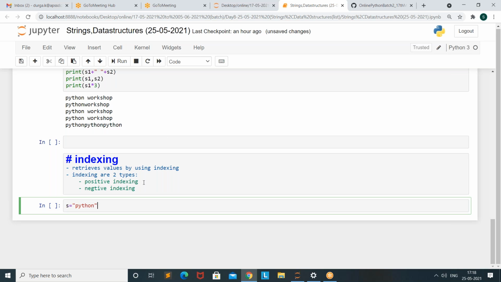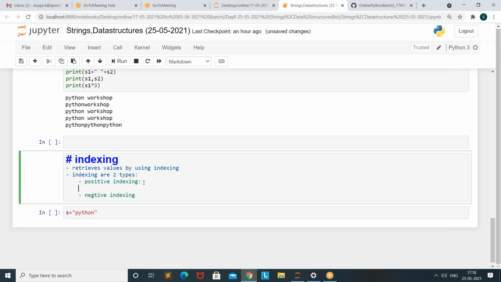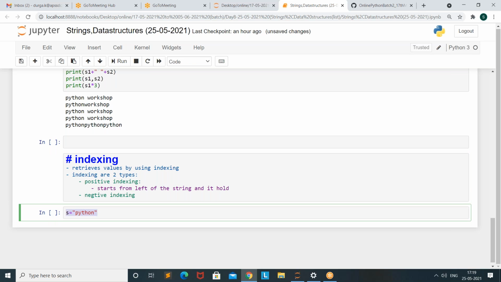So positive indexing starts from the left to right. From the left of the string, it holds 0. So from the left onwards, the first one is 0.